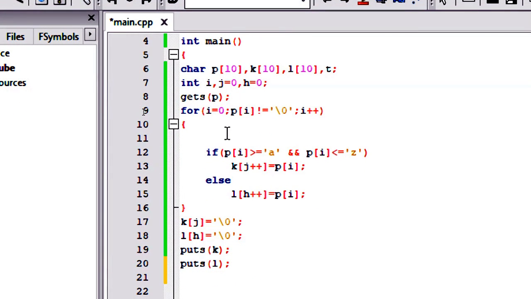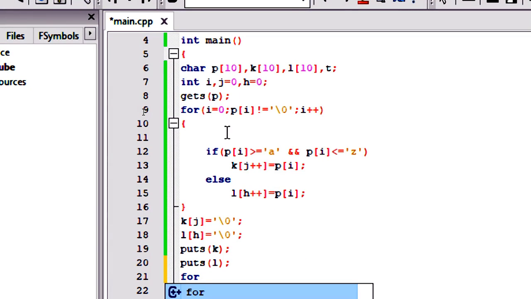And after it, we have to sort these arrays. We have to sort the characters and also the numeric characters. So we are taking a nested loop with i and j because they are two entities. First we have to sort, and we also have to run the loop and compare.